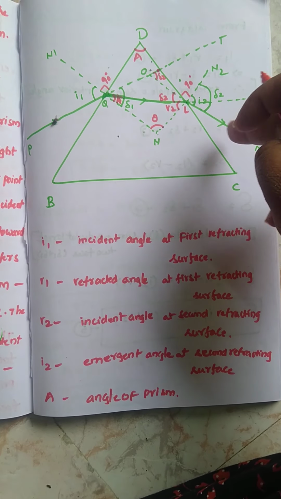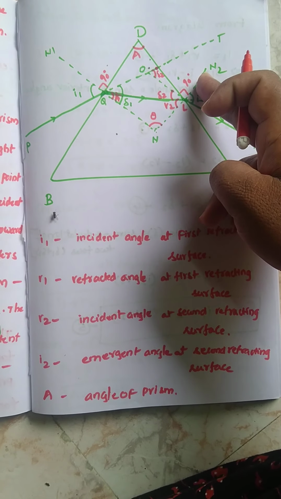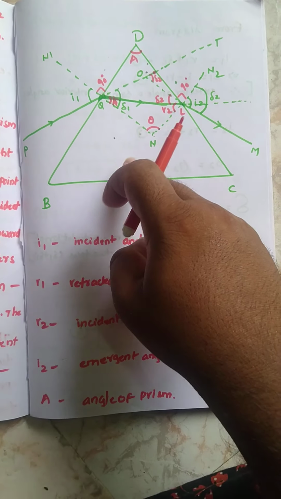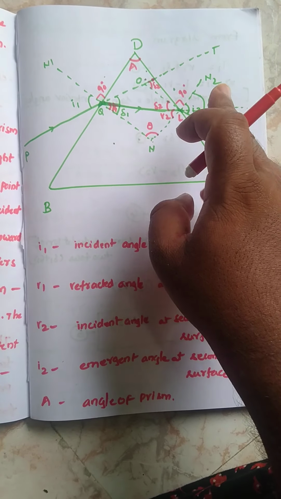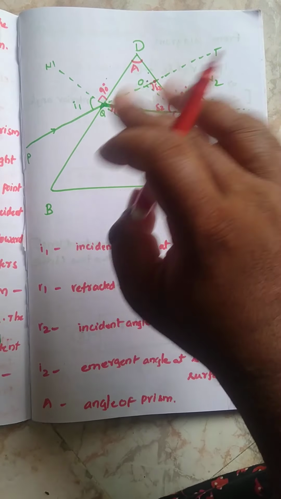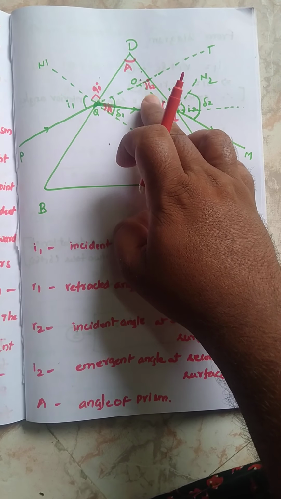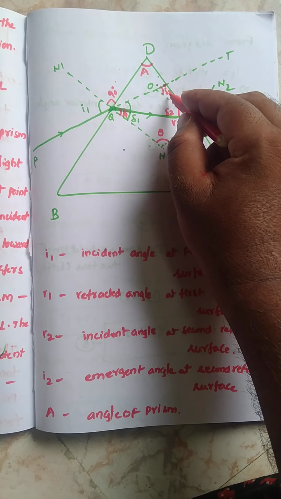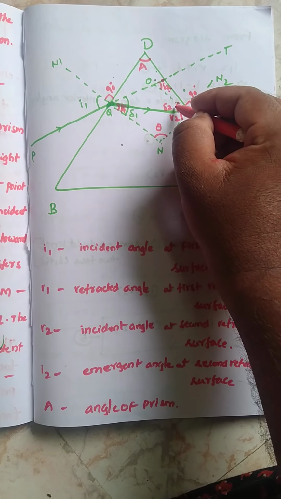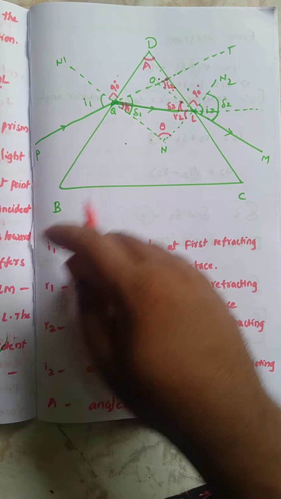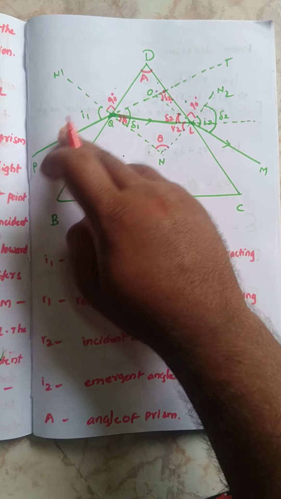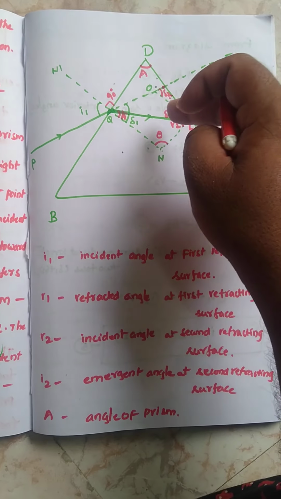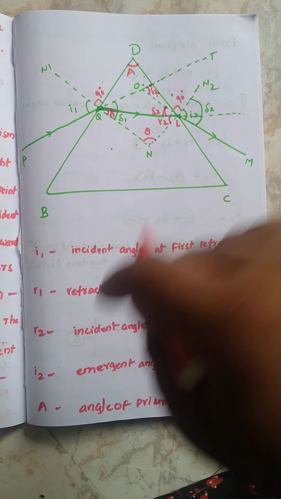See, for the second face there is a normal and an original light ray, right? And so the angle made by the original light ray with the second normal is known as the angle of deviation. Or else you can take here also, it is actually delta 2, right? Why? Because it is the original light ray and a normal. So here I am taking the angle of deviation. If it is the angle of deviation here, it is also the angle of deviation here, because you see it is the original light ray and a normal, right? So then it is the angle of deviation.